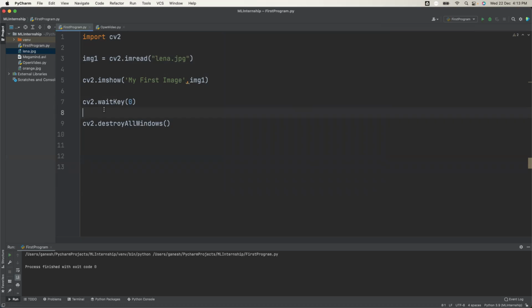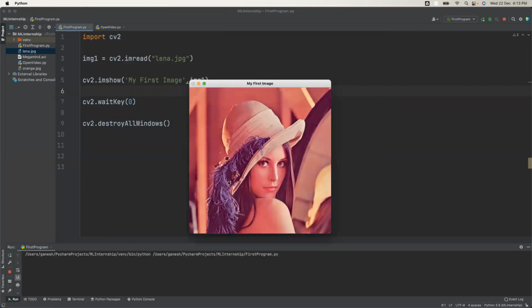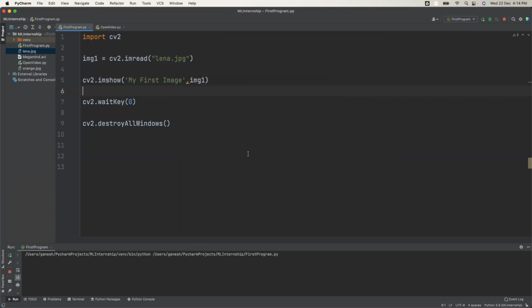Okay. So now the next one is, today we are going to see one new function, and that function is called how to. This is the type of image that I am reading here. I am reading a color image. Now I want to convert this image, or I want to read this image as a grayscale image. So how do I read this image as a grayscale image?